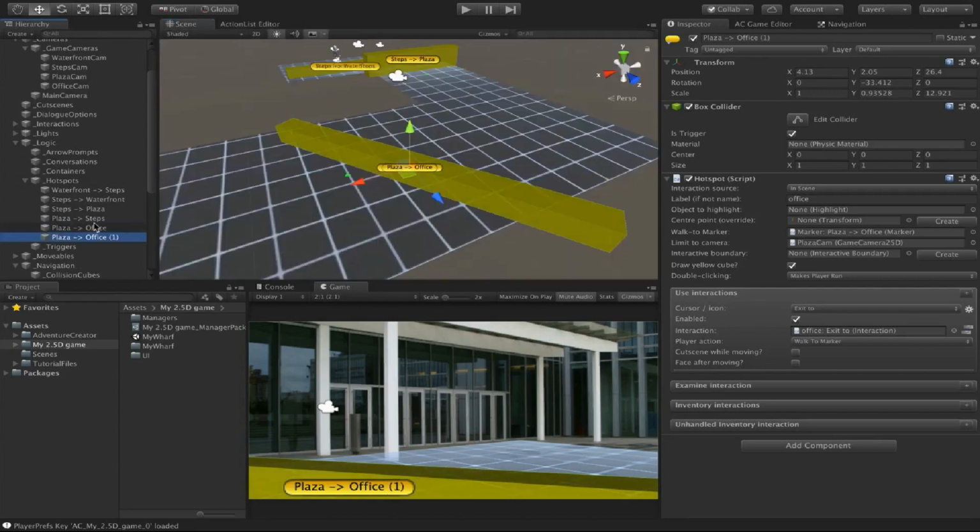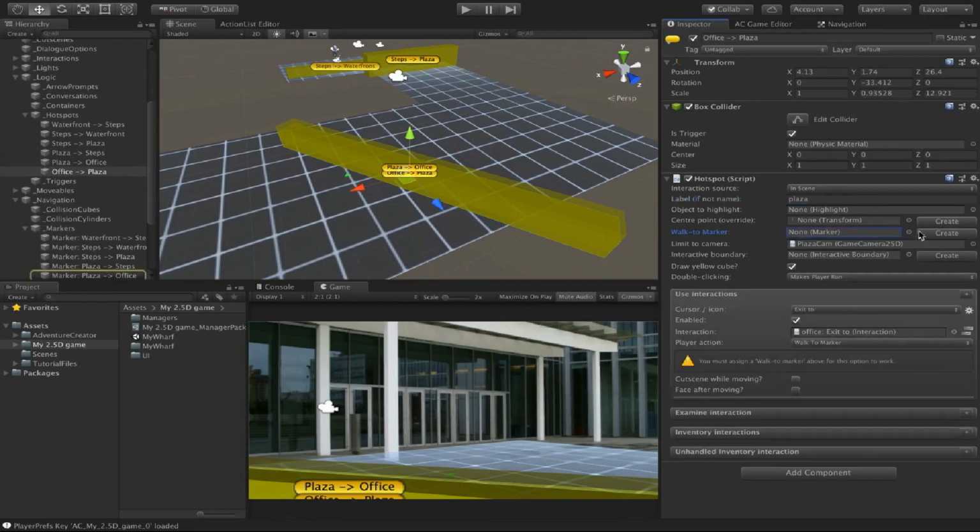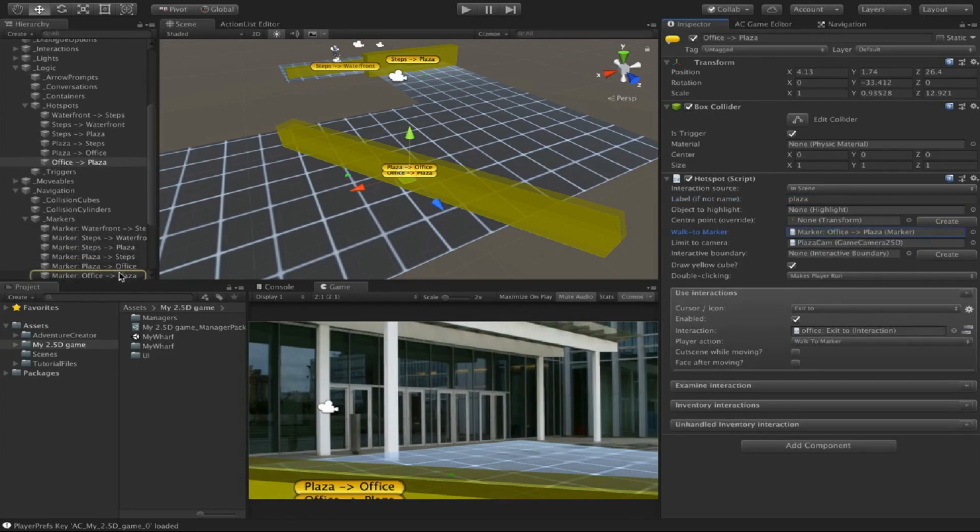I'll duplicate this hotspot for the return journey. I'll rename it office to plaza, and I'll actually lower it a little bit. It looks a bit better, sort of put lower down in the corner from this view. I'll rename this label to plaza, create a new walk to marker,